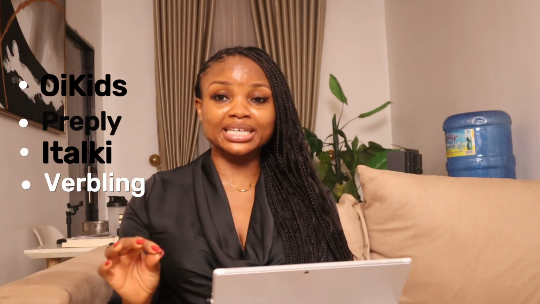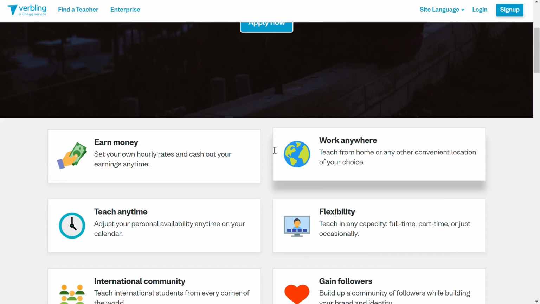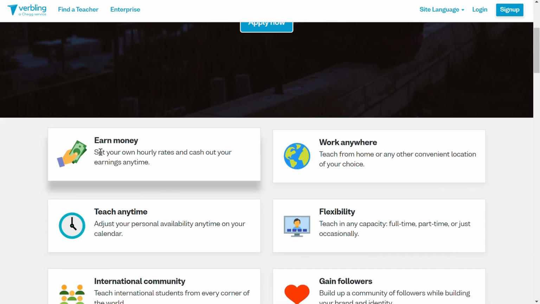The fourth platform is called Verbling. On this platform, it says they apply to teach and earn money teaching your language online and anywhere. You have the opportunity to set your own rates.